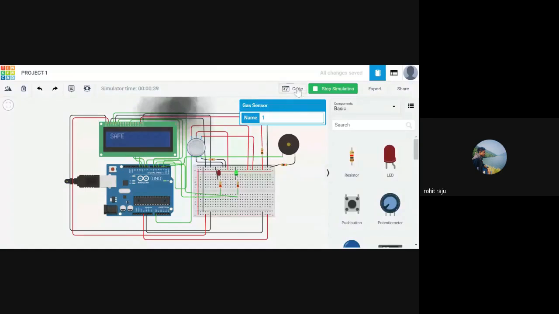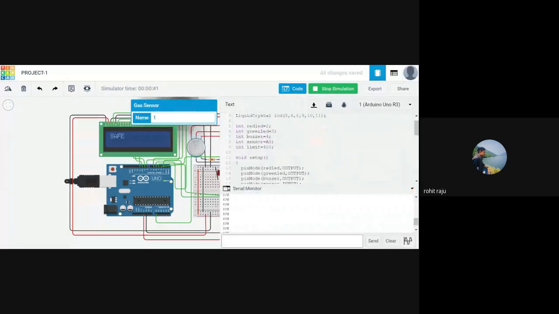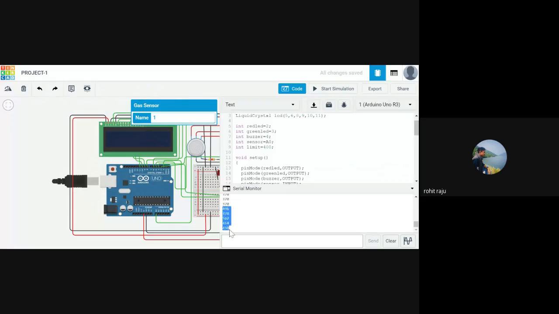And let's look at the serial monitor also. Let's see what's happening with the serial monitor. So we have 370. 370 is less than 400. So that's why it says safe and all clear. And now if we bring in the gas closer, we are getting a value of 496. Let me take it back. Yeah, stop the simulation. As you can see, all these values are greater than 400. That's why it said danger. And so I'm done with the code and the project part.